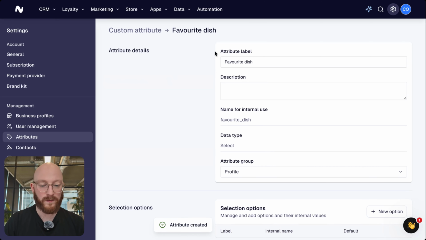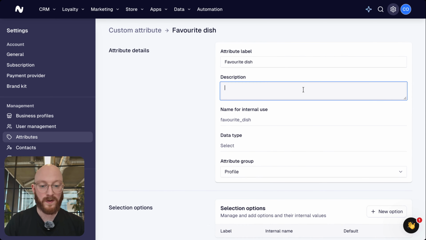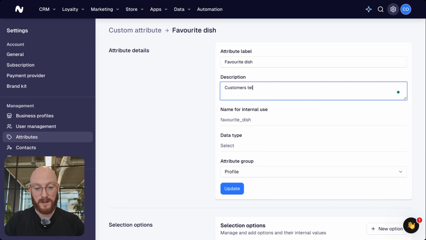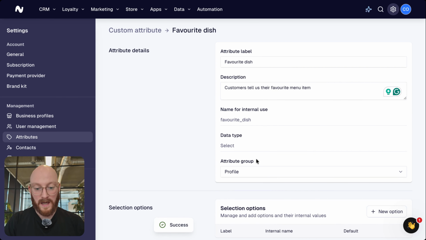And now you can see you have all of the details of the attribute, like the label we've given it. If you want to, you can also give it a description. This is purely for internal purposes. So if you're sharing this dashboard with other colleagues, then maybe you want to add a description here so that they have a little bit of context. So customers tell us their favorite menu item. And then you can hit update here once you've done that. The attribute group for all of your contact attributes is going to be profile,